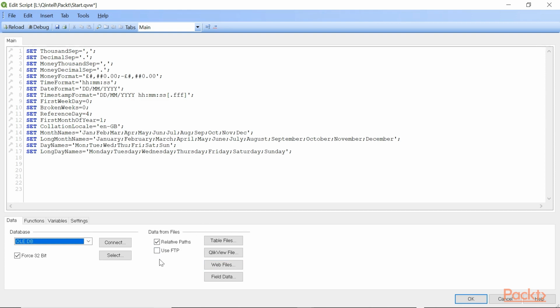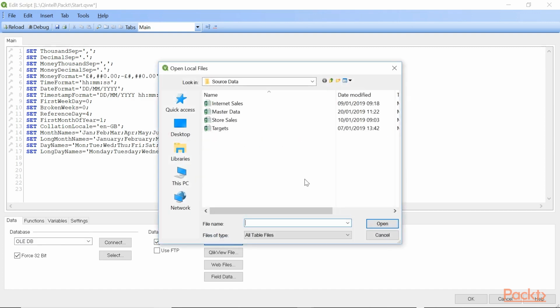Before we click on that button, let's just turn on the relative paths so that we get a relative rather than an absolute path to the table. So click Table Files. If you navigate to the source data directory and click on Store Sales, and that's the first table we're going to load. So if I click Open,